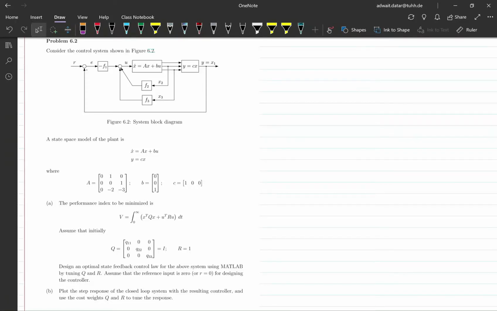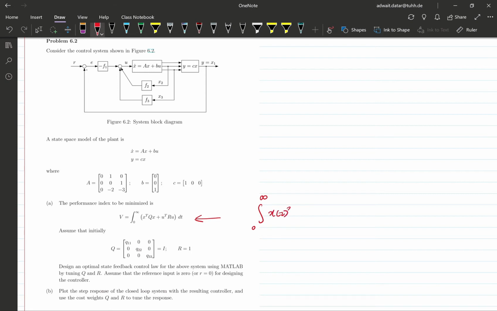So we see problem 6.2 on the screen now. The key difference between this problem and the previous problem is that now the state is a vector valued variable instead of a scalar variable. So the cost in this problem is still an infinite horizon LQR problem, but the cost, instead of simply